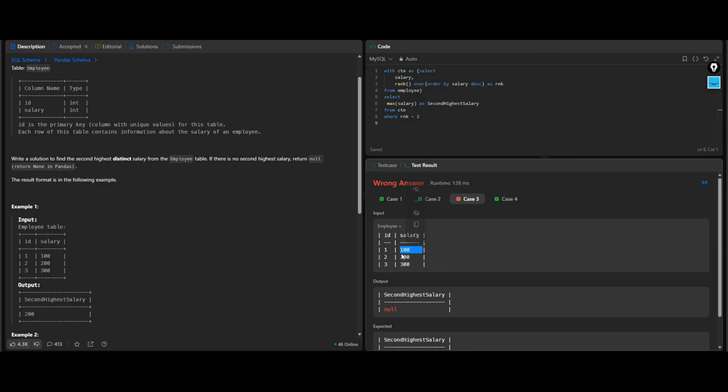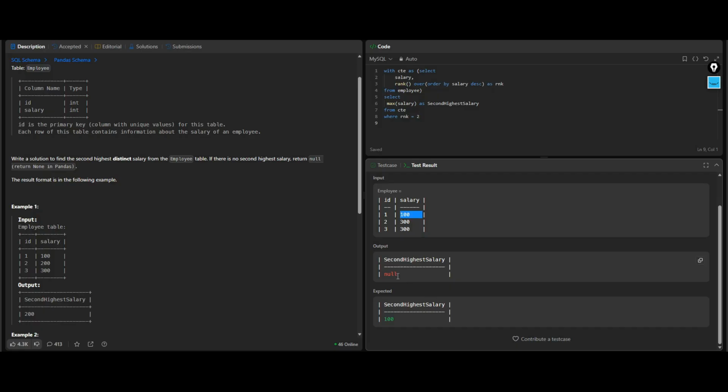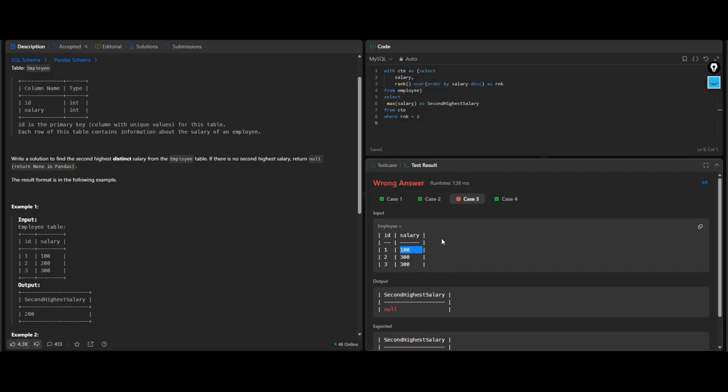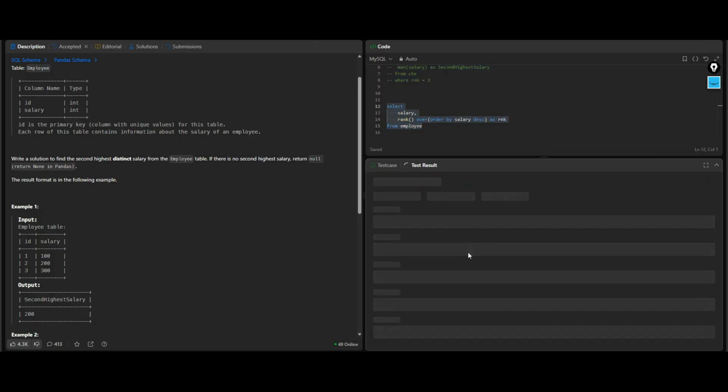Instead of 100, we are getting null. Why is that? I'll copy this and we'll see the output of the query we wrote first.